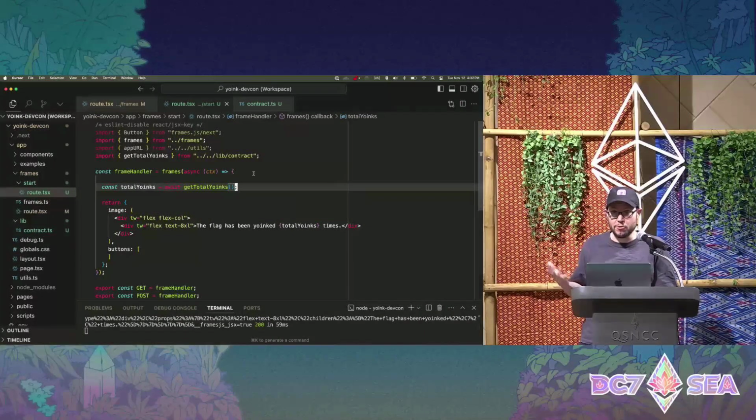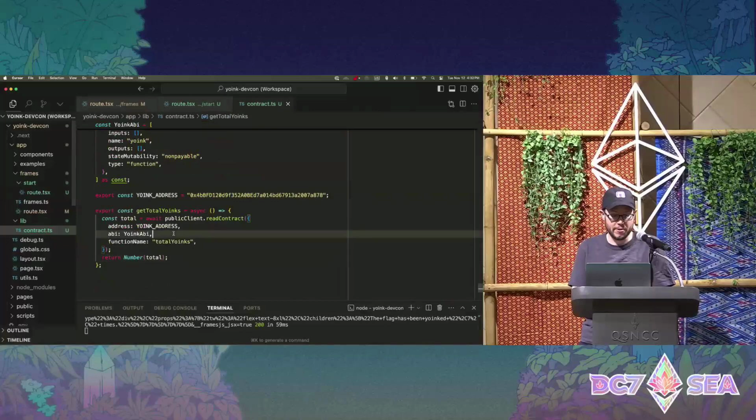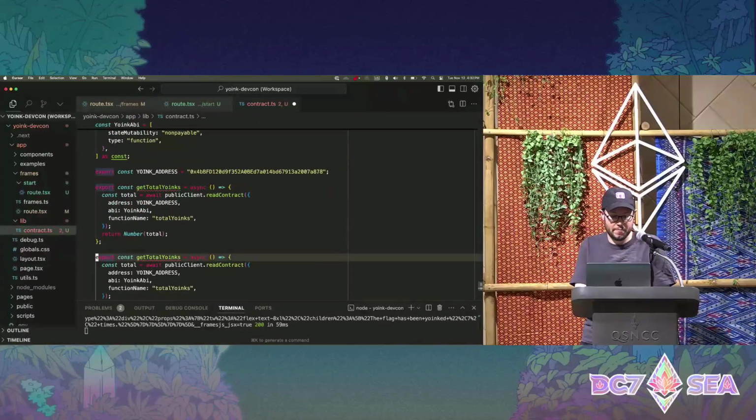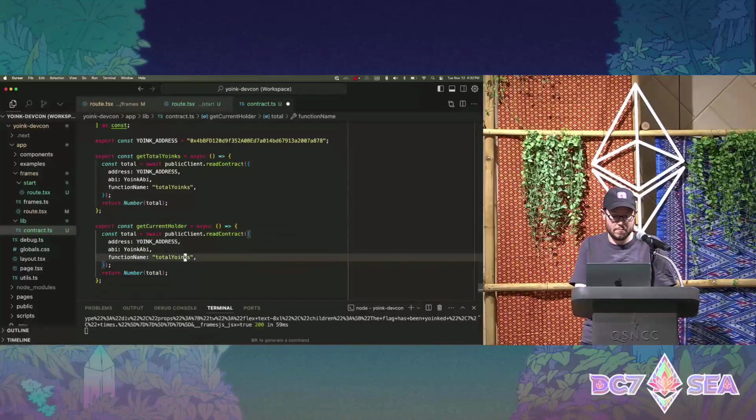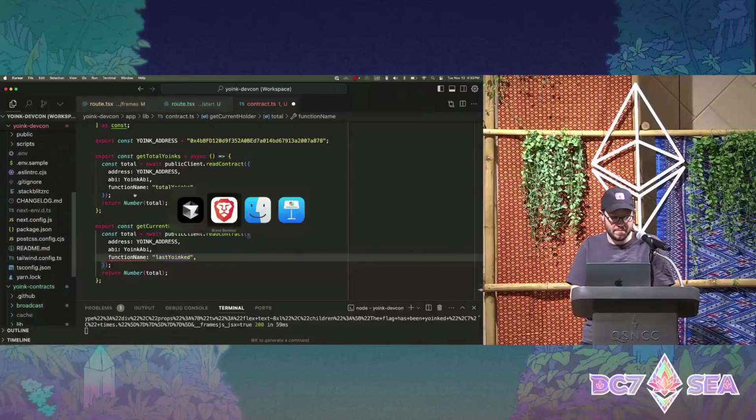So next we'd like to show who currently is holding the flag. We can add a similar function here. Okay, gotta go look at what this says.